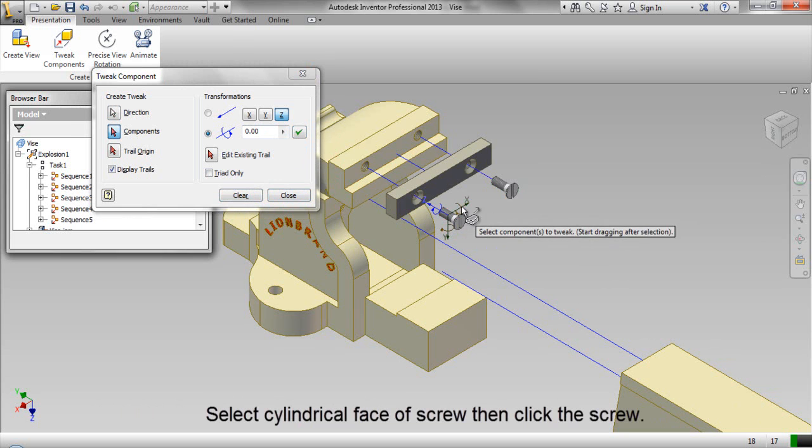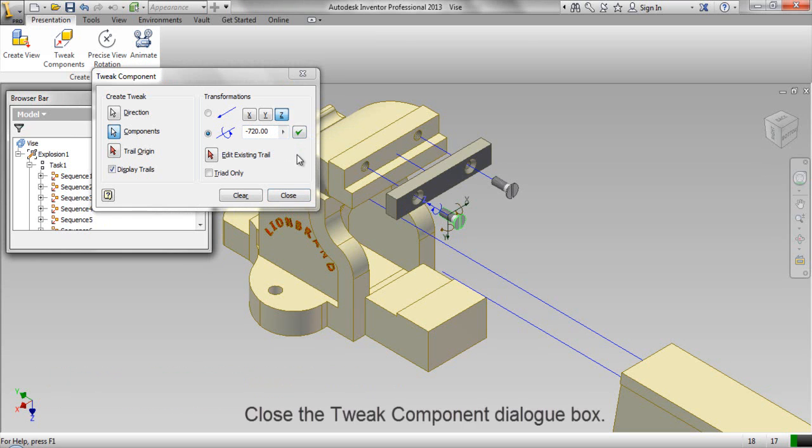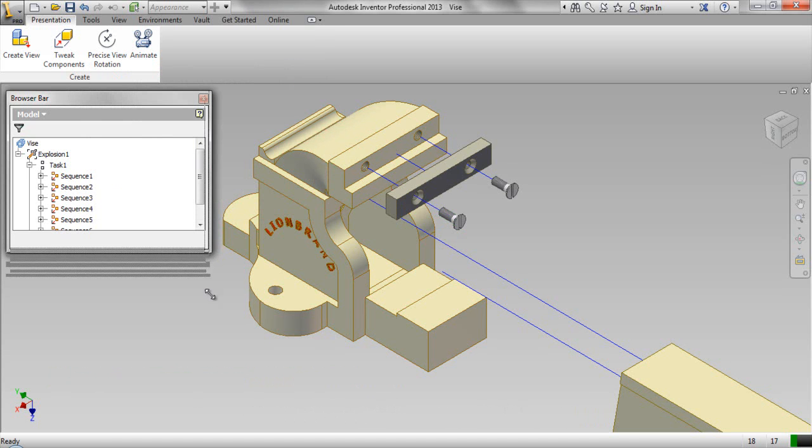Select cylindrical face of the screw, then click the screw. Enter the transformation value -720 degree and click green check mark to apply. Close the Tweak Component dialog box.